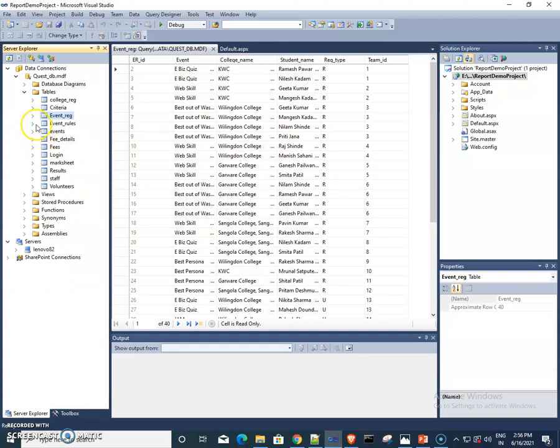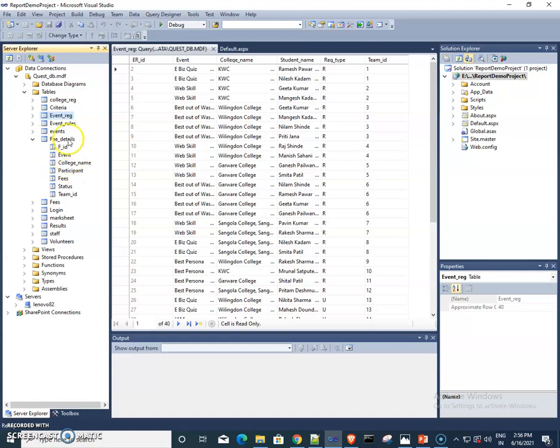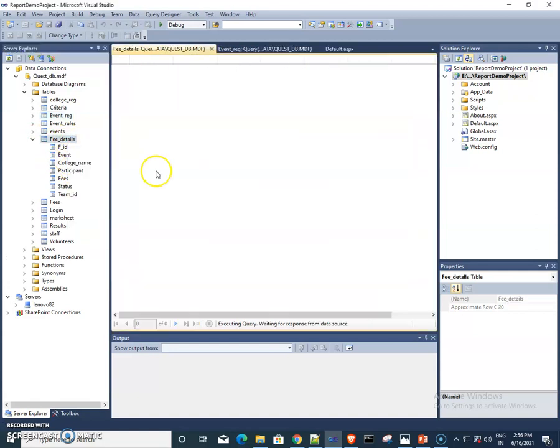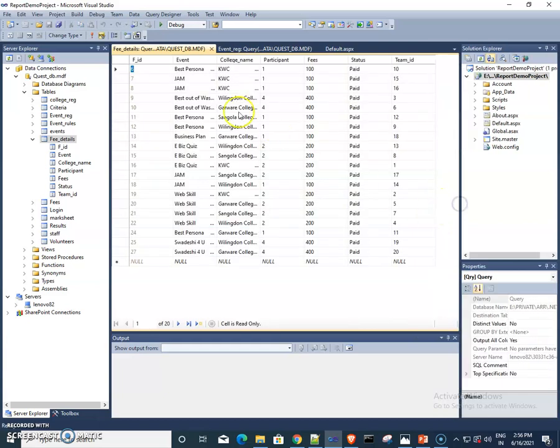Then there are some event rules, some events, and some fees details. In fees details, such data is already present: event name, college name, participants meaning number of participants, then fees collected. If there is one participant, then fees collected is 100, because for one participant there is 100 rupees fees.